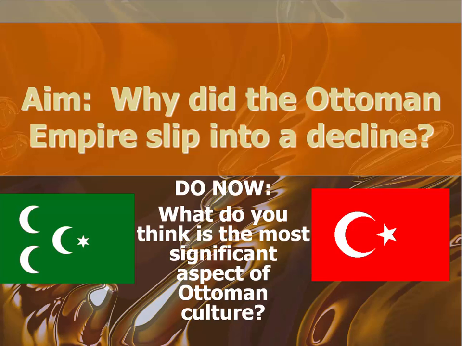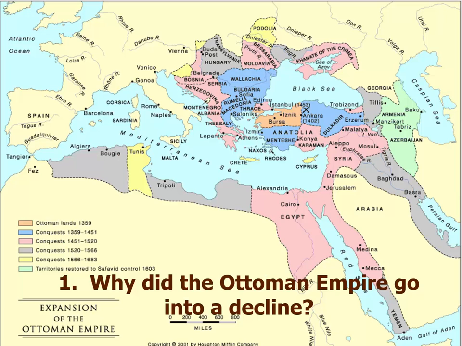So in this discussion, we're going to be going a little bit backwards. We're going back in time to give you a little bit of history of the Ottoman Empire, just so you understand the point the Ottoman Empire is at in the 19th century when they begin to attempt to make some major reforms for themselves. Now, the Ottoman Empire is one of the longest running empires in the history of the world.